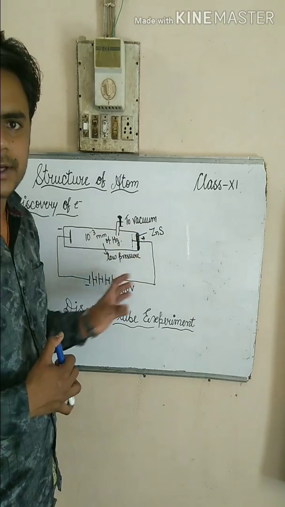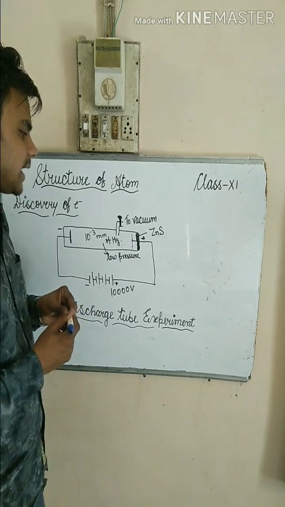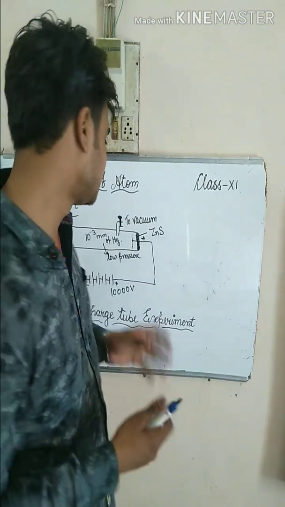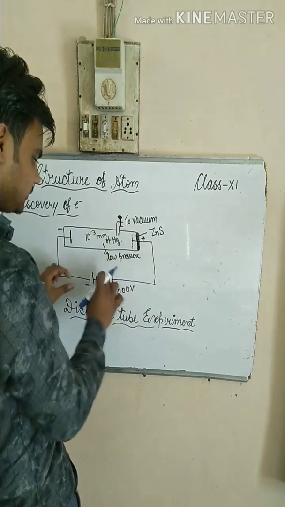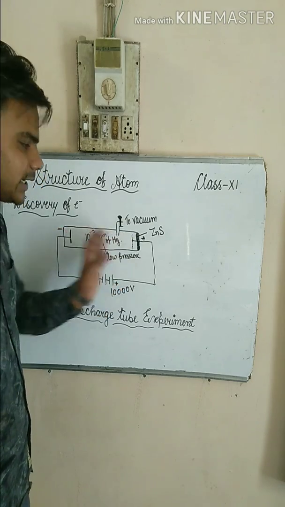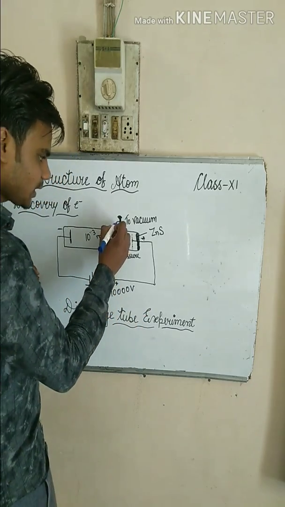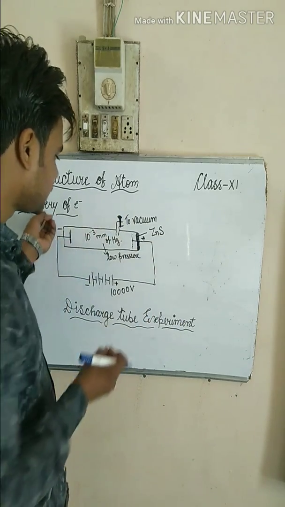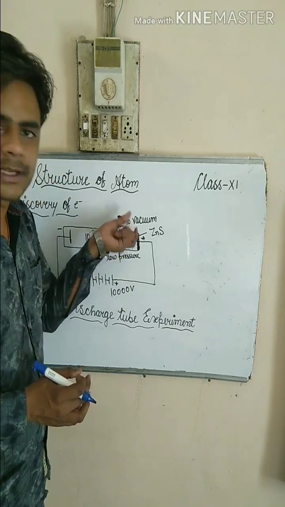In the discovery of electron, Thomson used a discharge tube approximately 50 centimeters long. This tube is connected to a high voltage, that is, the potential difference between the two electrodes is very high, approximately 10,000 volts. He also placed an evacuation pump, so that if we fill any gas in the discharge tube, it can maintain a very low pressure.